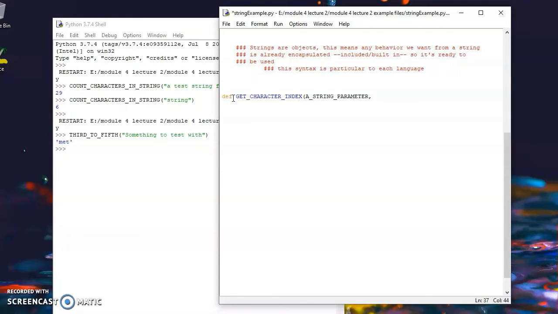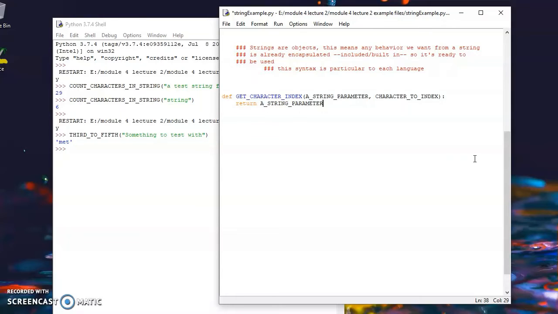So a string parameter and then the character to index. Did I spell that correctly? C-H-A-R. Okay. Before I had to lean forward because the R's and A's look kind of blended together on the screen. So we're going to pass in some string, and we want to know where a certain character is, like where's the first place an E shows up. And I guess we can just return this. I'll do one and then the other. So a string